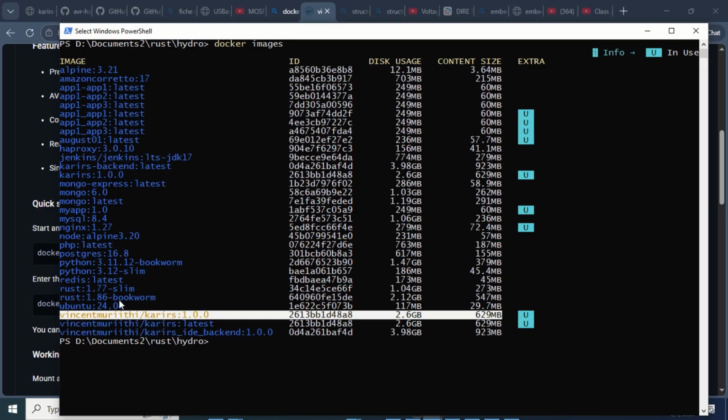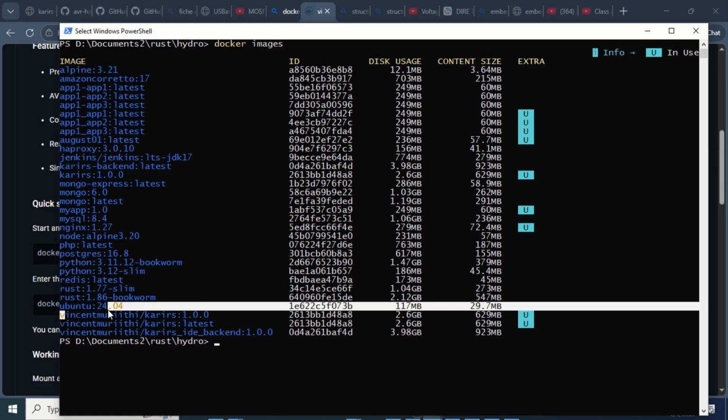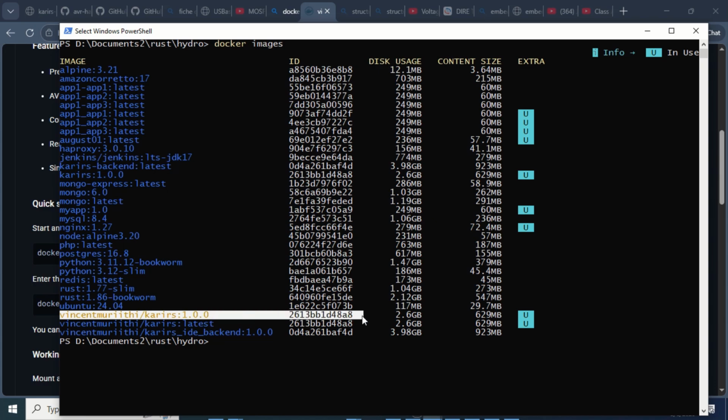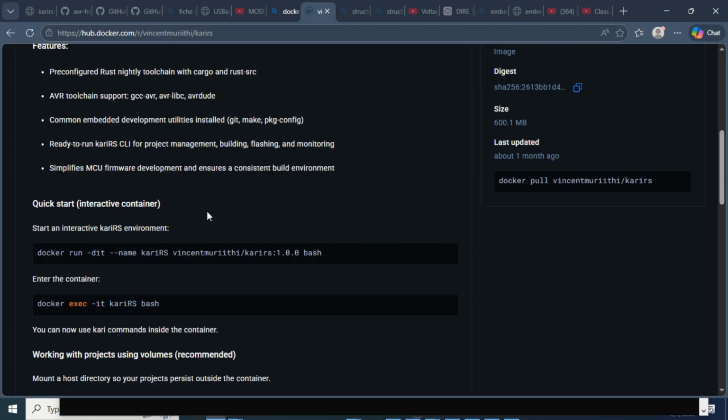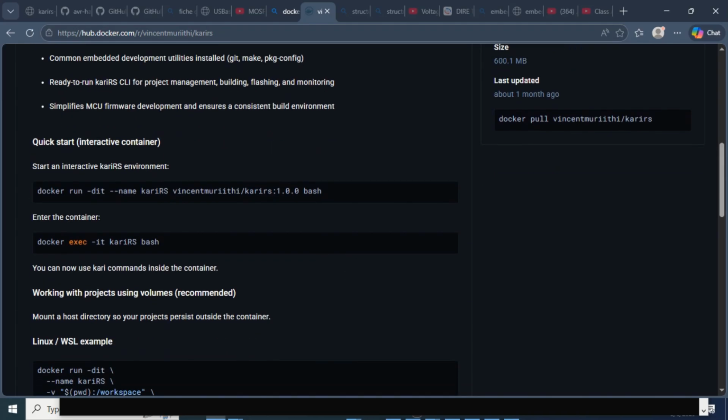So when you run docker pull and then list the images, you'll be able to see your image listed here, Vincent, like this, KariRS. So you have already gotten the image. From there, there are various ways to start your container. You could use this command docker run. You give it the name, and then you run bash. Now there is this option, which is dit. So D means you are detaching the